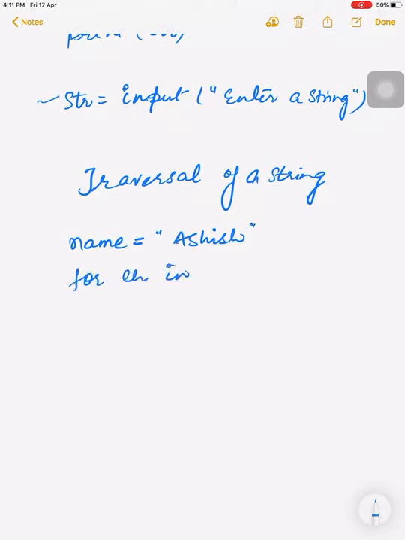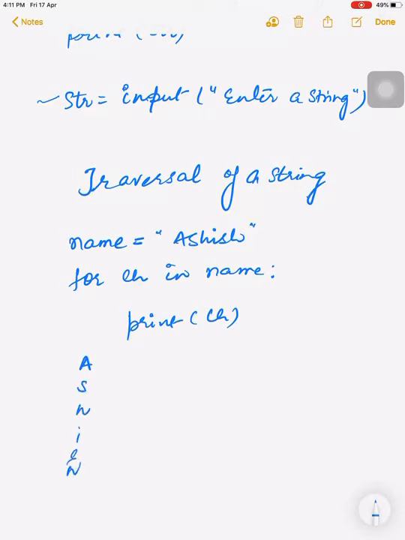For example, we take a name, the name Ashish. We write for ch in name, and whenever we print ch, what will the output be?